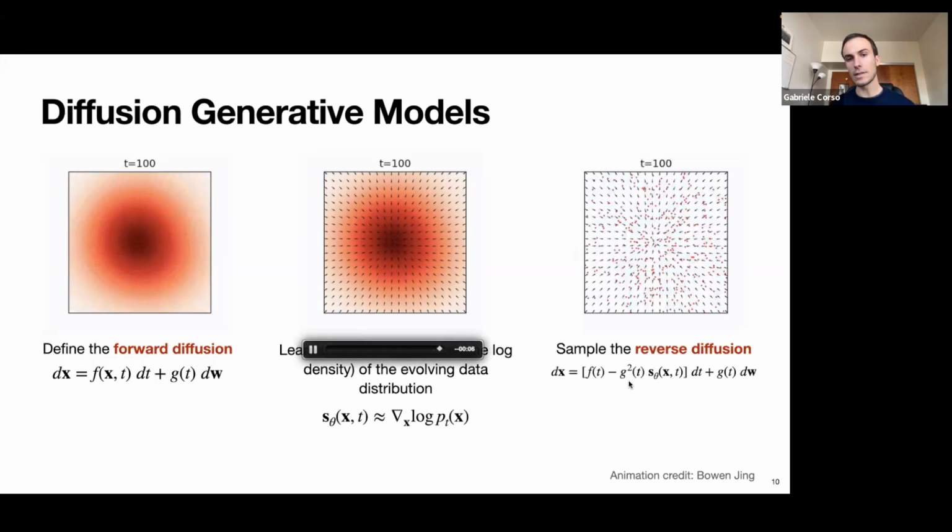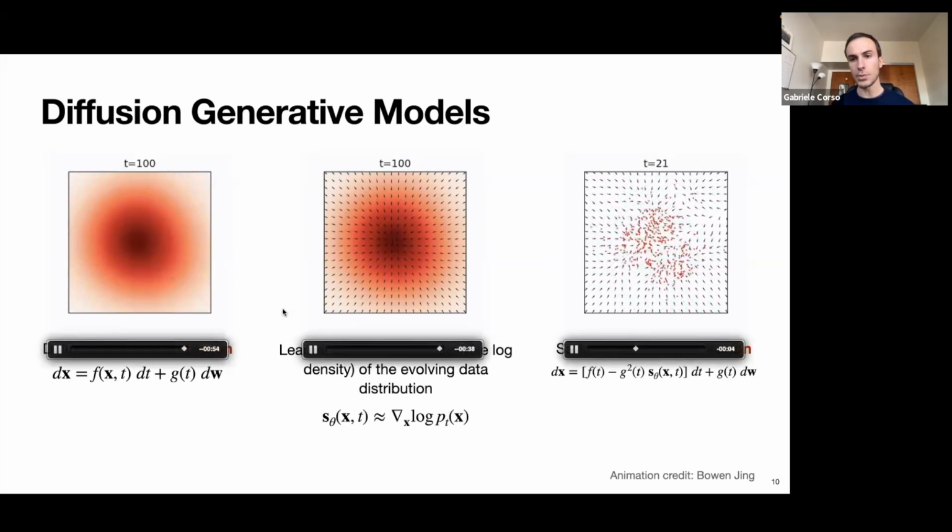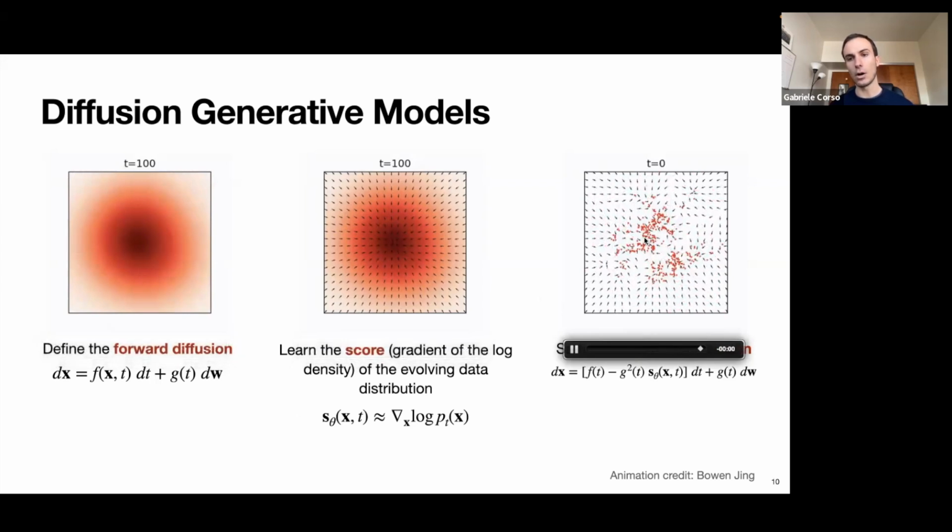Then we use a property that was actually proven in the 80s, but rediscovered by the diffusion modeling community recently, that we can reverse this diffusion process following a reverse SDE, where in addition to F and G that we had access to when we defined the forward diffusion, we only need the score that we learned to approximate with our neural network. And so we can start from samples from our prior distribution, and we'll end up with samples of the data distribution at time 0. The critical part here is that diffusion models, by adding this smoothing function in a finite number of steps, converge a point from the prior distribution to